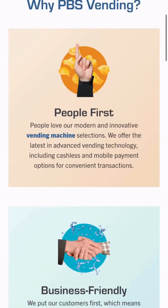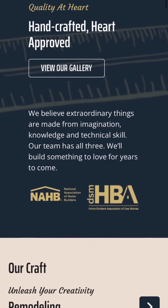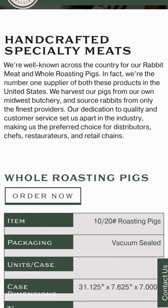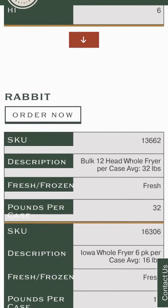Whether you're a research company seeking to share your findings, one of the largest meat suppliers in the country looking to showcase your products, a contractor aiming to attract new clients, or an e-commerce brand ready to boost sales, we've got you covered. Our WordPress websites are designed to last, blending functionality with stunning design and a user experience that